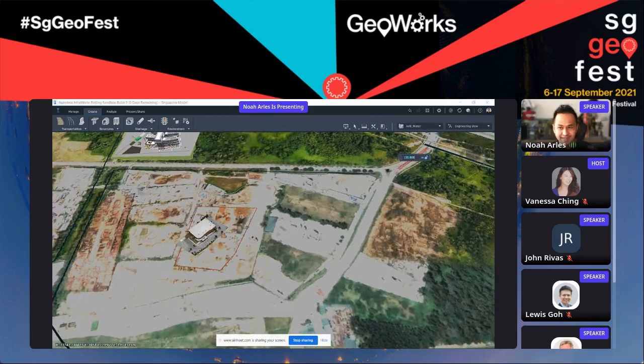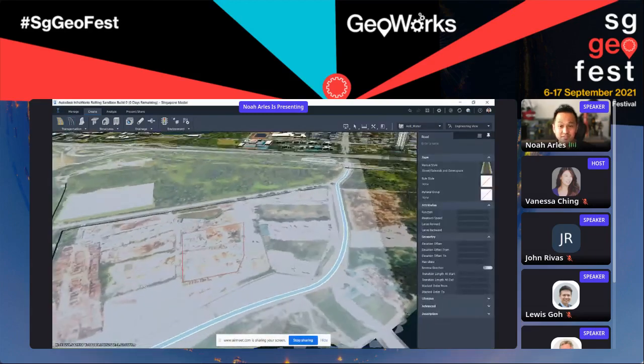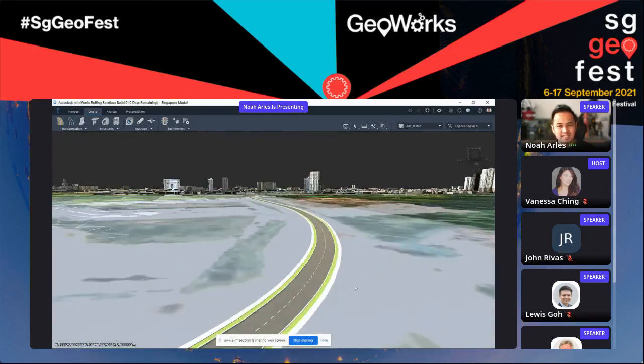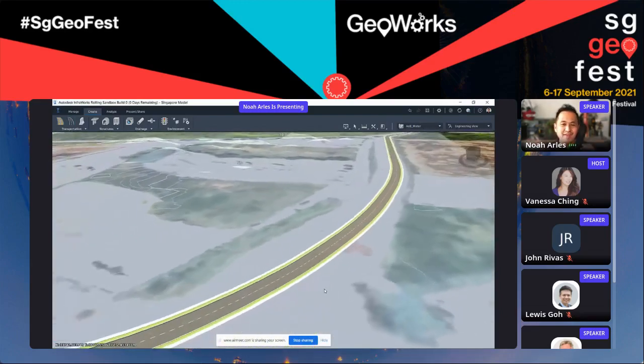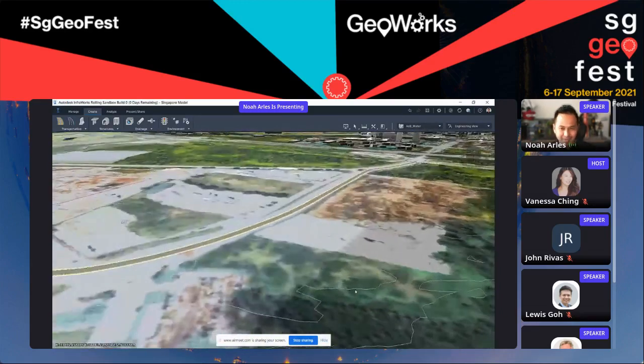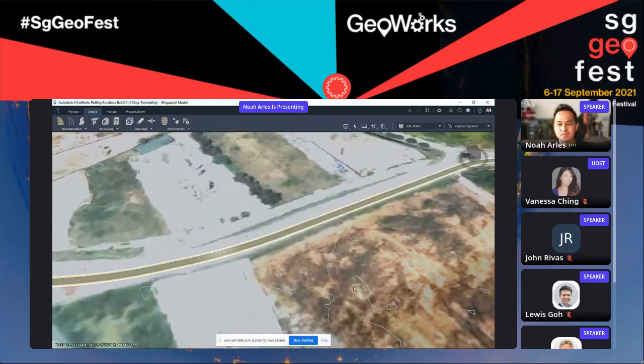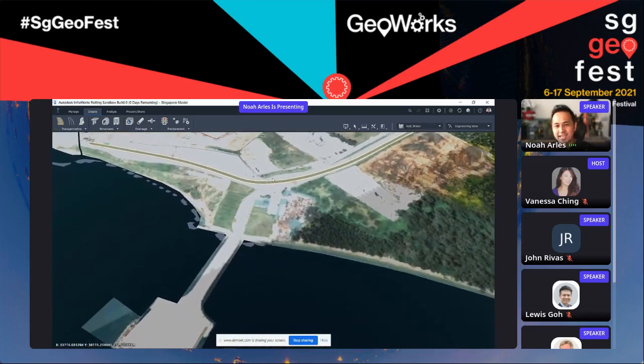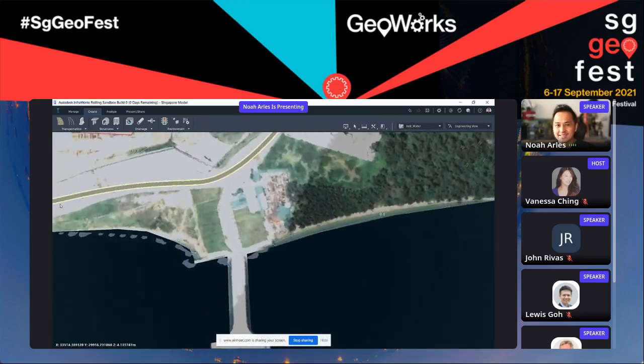In this particular example, we're trying to give users and the different stakeholders a much more visual and interactive experience, thereby giving them the ability to give feedback and understand what the design intent really is. So instead of looking at papers where you have highlighters that represent roads or CADs that are too technical, why not do it in an interactive manner, which allows you to get stakeholder buy-in and streamline the decision-making process faster.